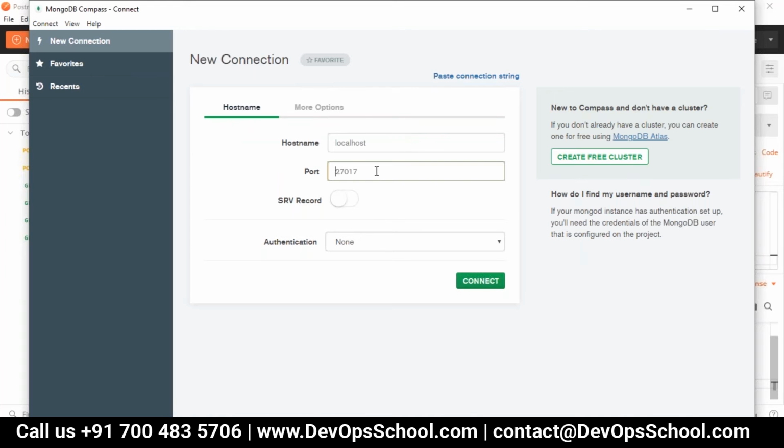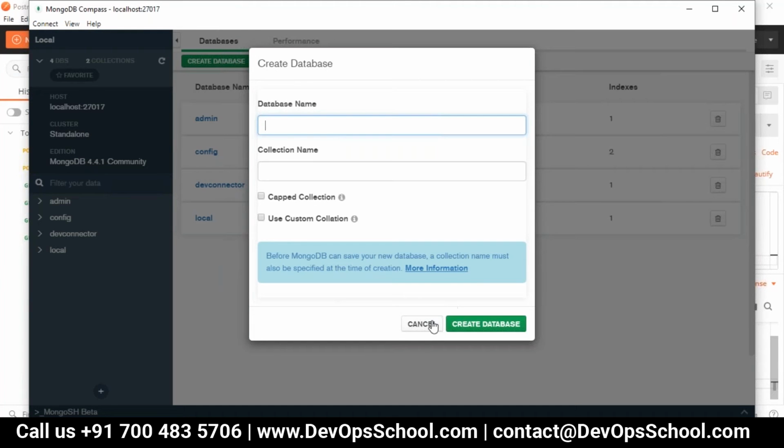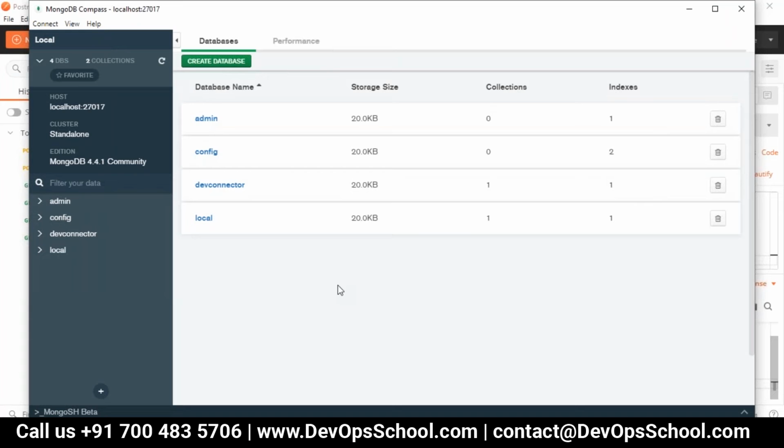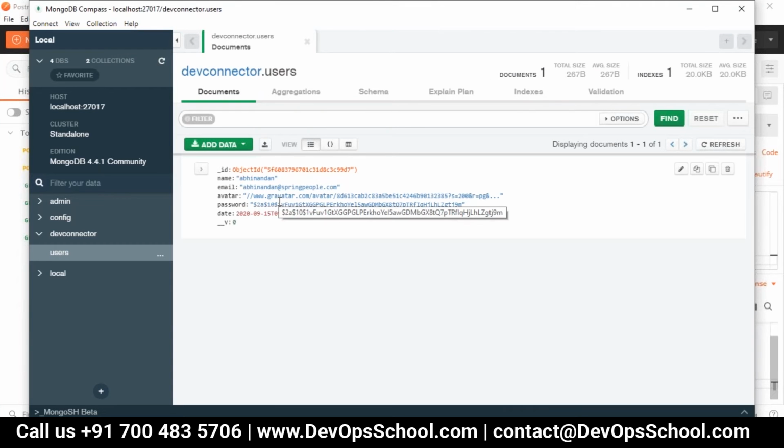Click on connect. Need to click on create database? No, not creation. I think he has it. You can see the dev connector, it's implicitly created, right? Yeah. Click on the users. You got the record? Yes.